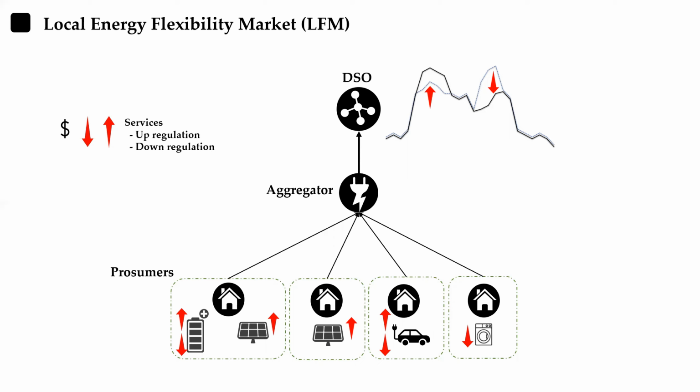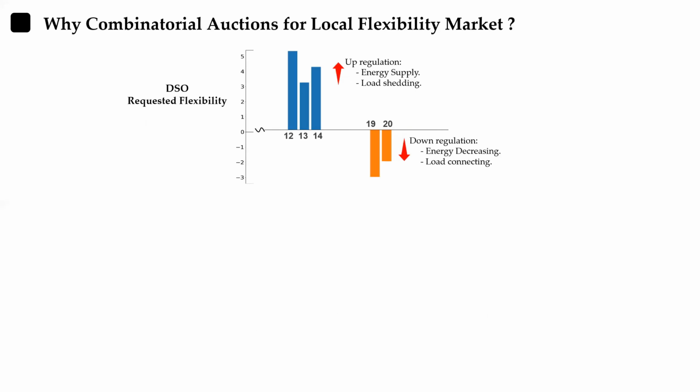The aggregator in the middle plays an important role: to manage and gather all those low granular flexibilities to be significant to the DSO. At the end, a form of a market that we can call a local flexibility market is held to transact those flexibility services for some monetary values. To understand why combinatorial auctions are suitable for local flexibility markets, we can